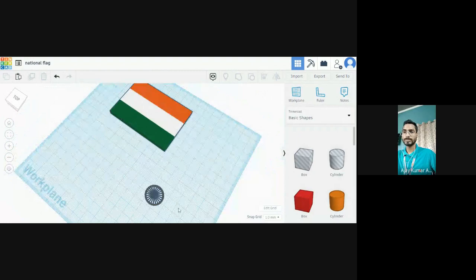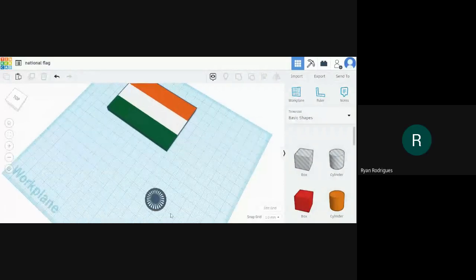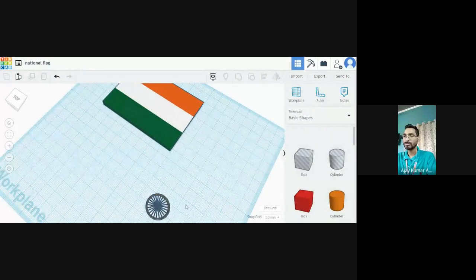Is it clear how you have to make the 24 spokes? Yes, sir. Okay, so this is the easy command. You have to select the spokes, then select the Control D command, and change the angular deflection to 15 degree. So 15 degree will easily rotate and give you the 24 spokes. You can also count the sticks.